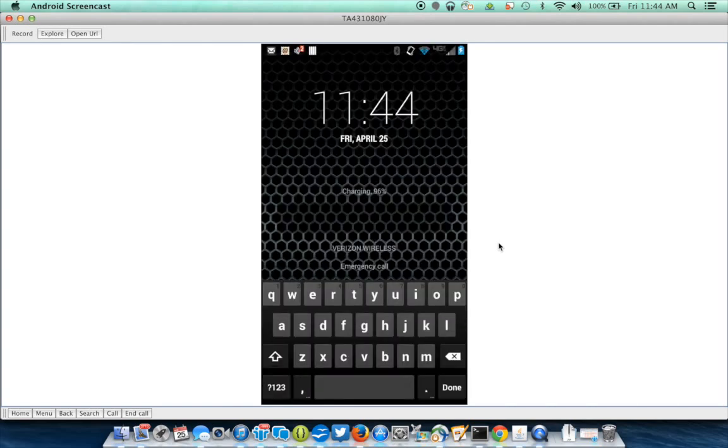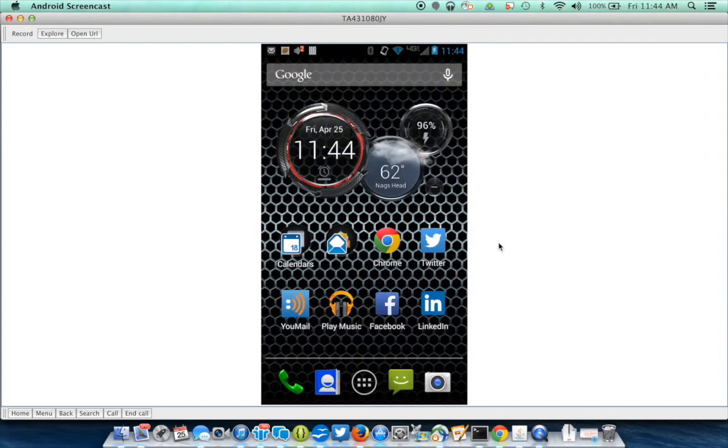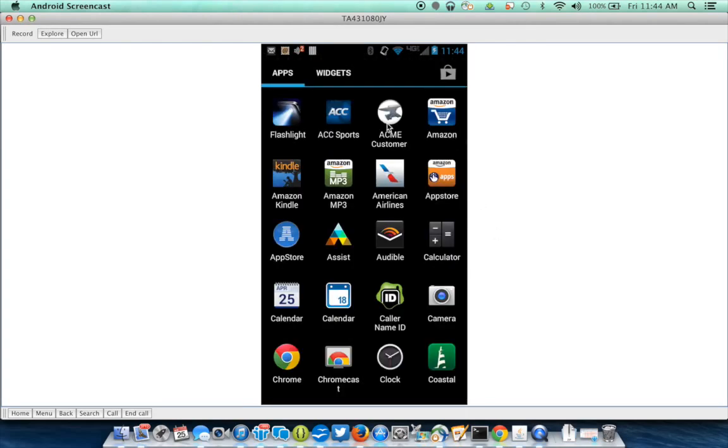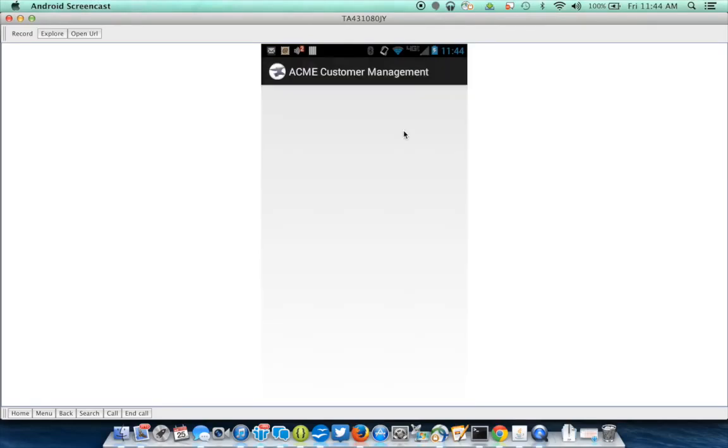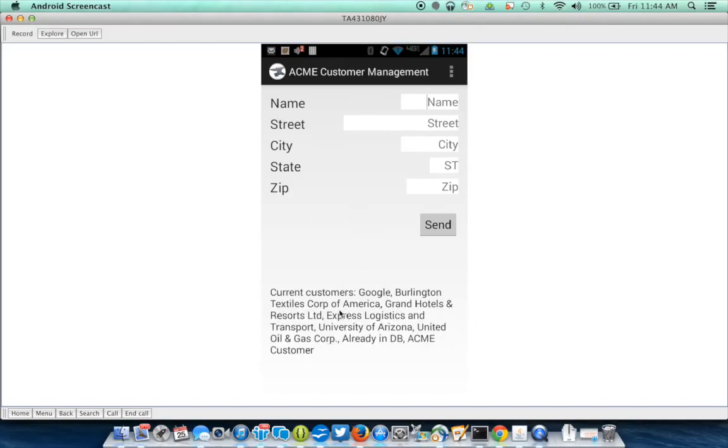I'm mirroring the display of my mobile device. Once I log in, you will see that in the menu I have now pushed in my mobile application called Acme Customer. When we start it, it will dynamically refresh the view, as I showed you in that code, and this will bring together all of the entries in that backing on-prem DB2 system, as well as those entries stored in Salesforce